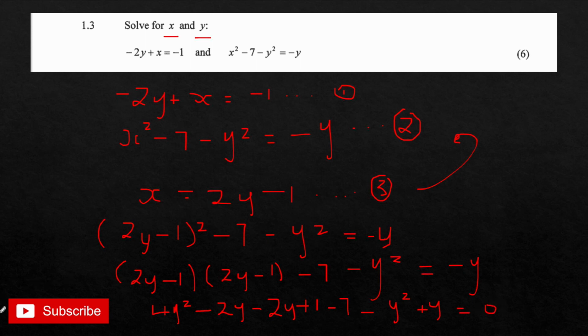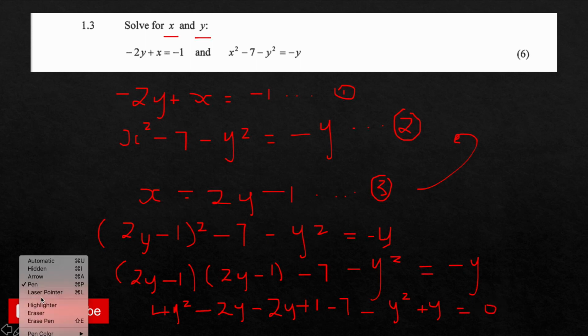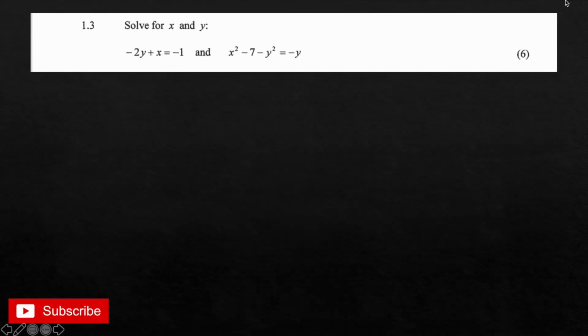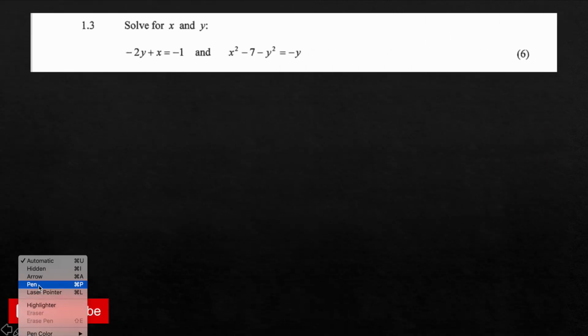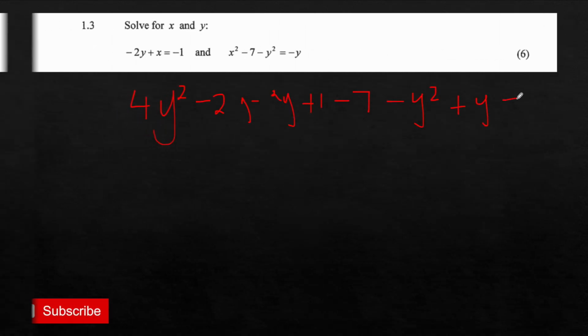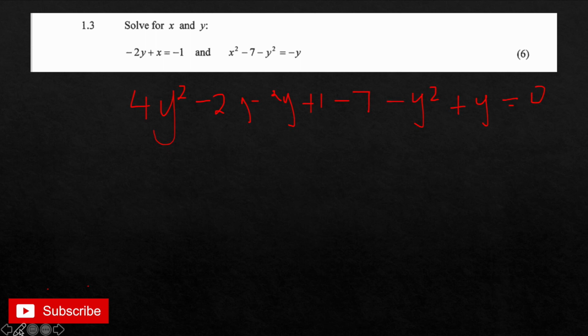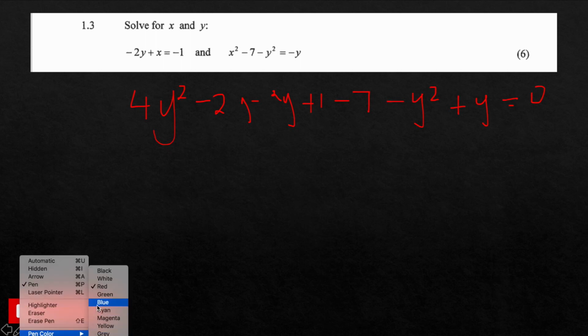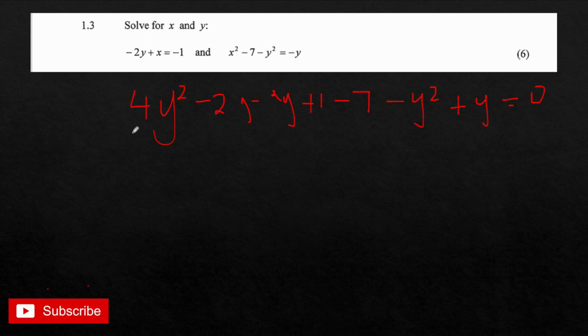Now I need to add the like terms. Because of space, I have to remove the question. So I'll just write the last step that I wrote on the previous one. That's the last step we're on. Now we're going to add the like terms and get the answer. So when I add 4 minus y, I get 3y